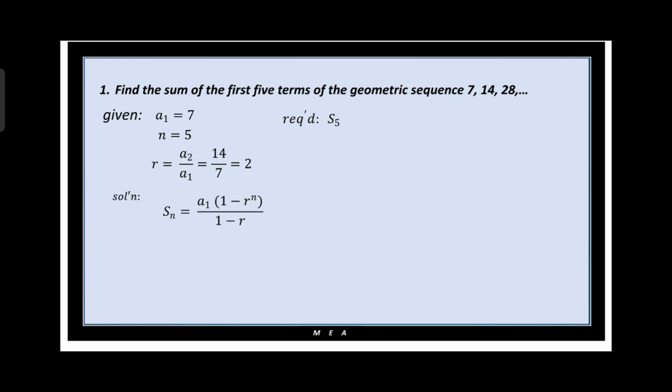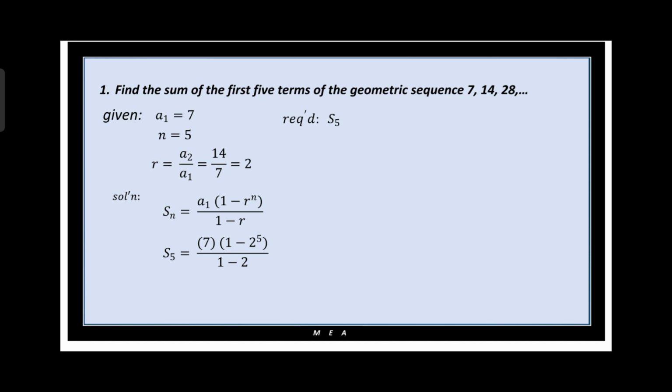Solution, isulat muna natin yung formula. S sub n is equal to a sub 1 times the quantity of 1 minus r raised to n over 1 minus r. Substitute natin mga given values. Yung a sub 1 natin ay 7, r natin ay 2, and then yung n natin ay 5. We have now S sub 5 equals 7 times the quantity of 1 minus 2 raised to 5